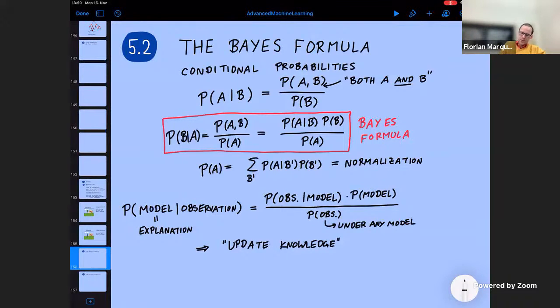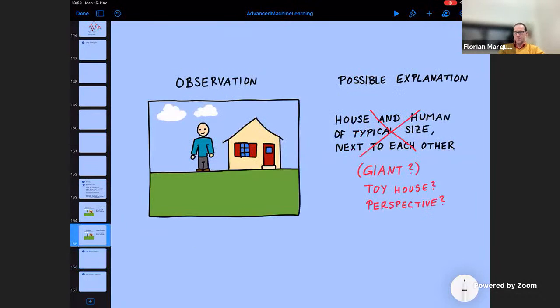So this first piece would be exactly 0. And so I claimed in our example, the first explanation is exactly of this kind, because if they are of typical size and next to each other, then I would never see this particular picture. Okay,